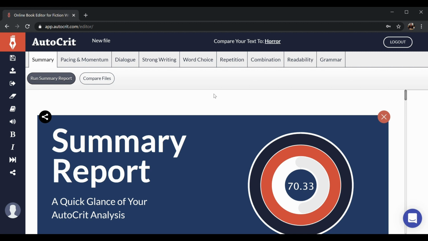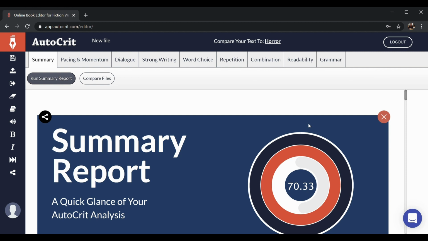Where it really excels is in identifying things like overuse of adverbs, not enough sentence variation, potential pacing issues based just on length of sentences and lengths of paragraphs, and that sort of thing. This is not the sort of thing that I would ever consider a replacement for editing yourself, or in fact for having a professional editor look over your story. But where it helps is it helps the author identify certain blind spots.